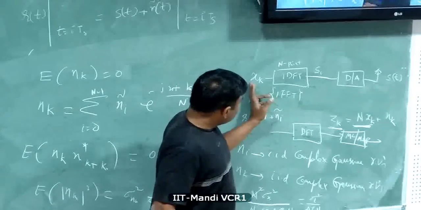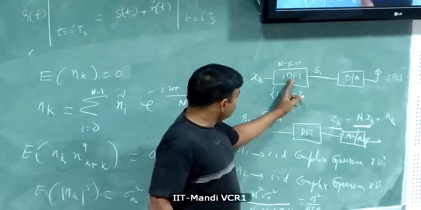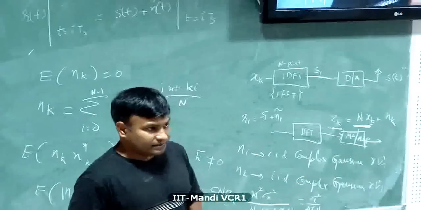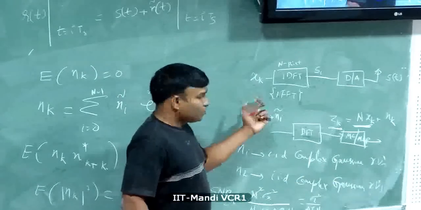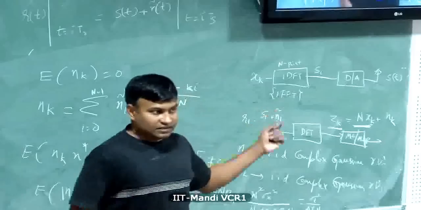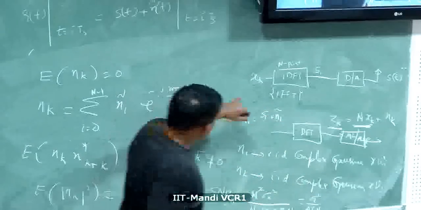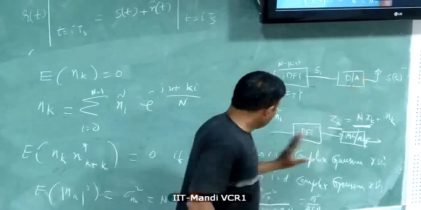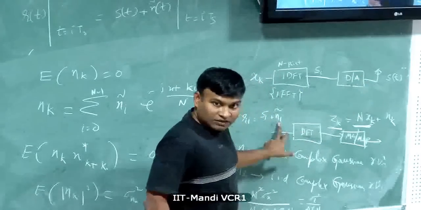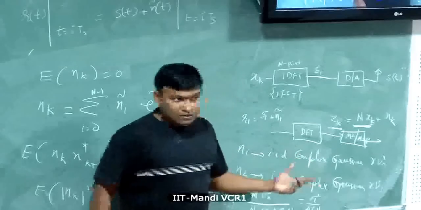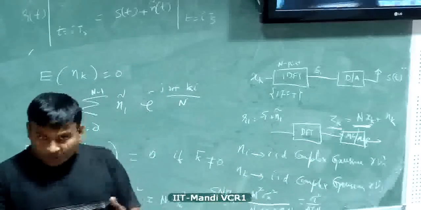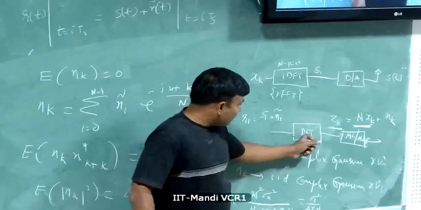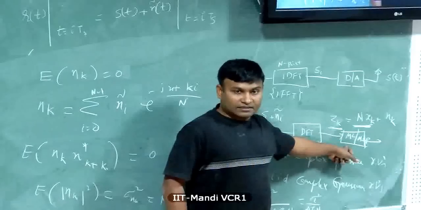To start with, X of k, pass it through the IDFT. So what would be the size of X of k in this case? It could be either n or less than n. If it is less than n, you have to normalize the power. You don't have to implement D2A. You receive the signal and add additive white Gaussian noise with a given variance. And how do you set the variance? 1 over N0 is the SNR, the operating SNR. So you can set the variance, take the DFT, and demodulate the data.